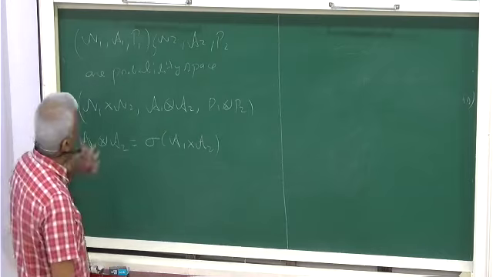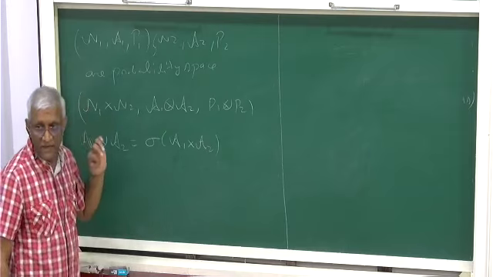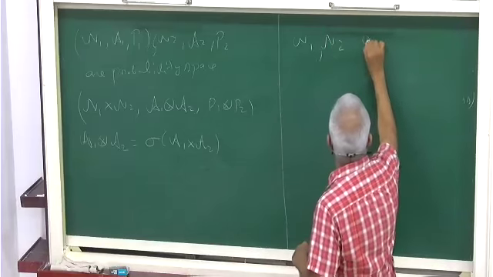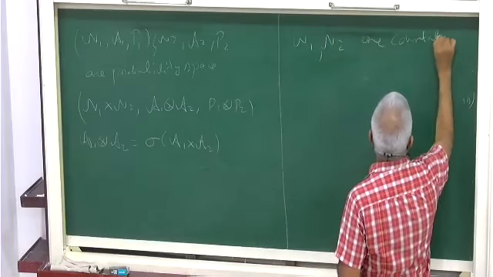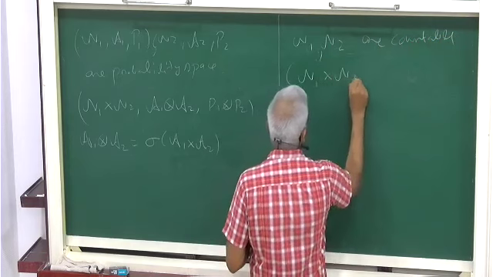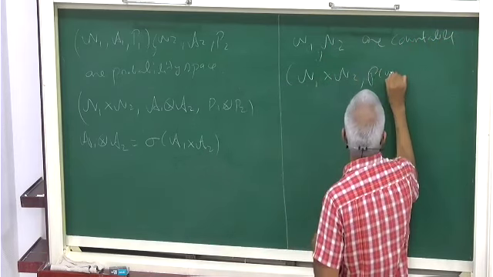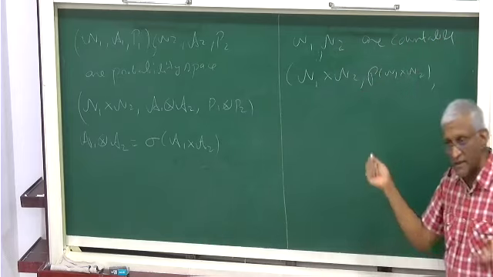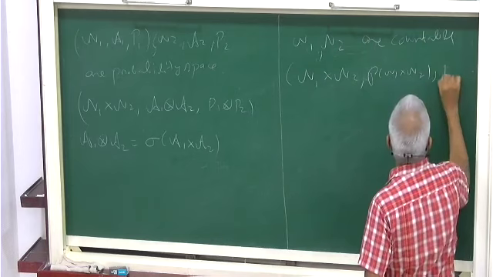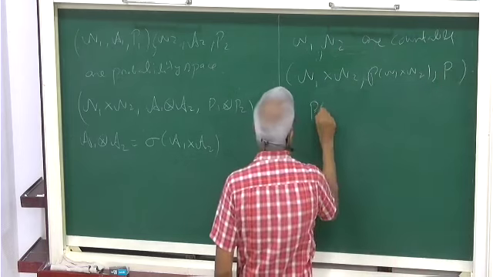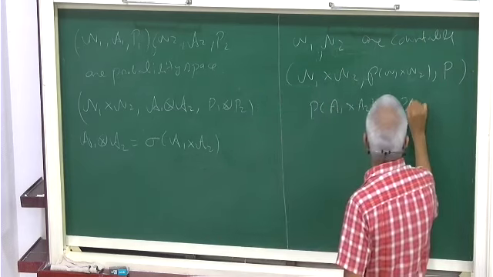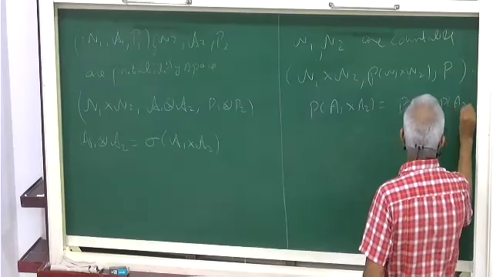But for us, let us take the finite or discrete case. Let us take omega 1, omega 2 countable, discrete. Then you need not worry about these things. Then our sigma algebra is just the power set of omega 1 cross omega 2. And then you define P. You have P1, P2, where P of A1 cross A2 equals P1 of A1 times P2 of A2. I mean, this is clear, you can do it.